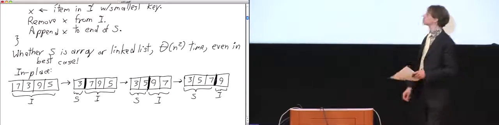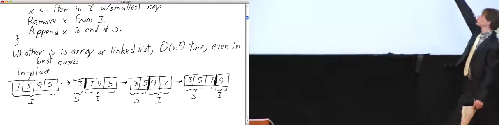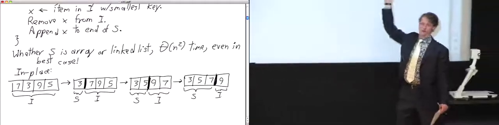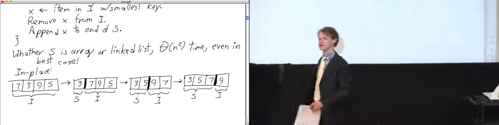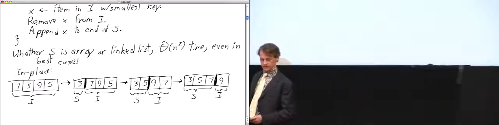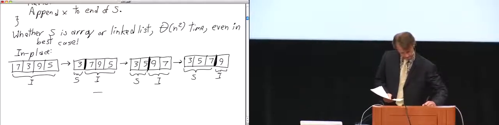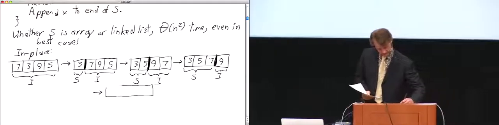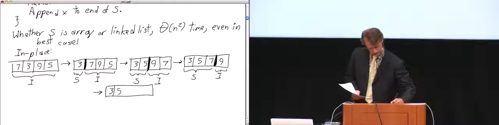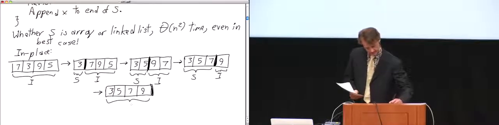And with selection sort, when you get to the point where you've sorted all the items but one, you've really sorted all the items. You can skip the last iteration of the loop, because all you're ever going to do is swap the 9 with itself. So this is essentially an imaginary step where I don't actually have to do anything. I just have to imagine that now the whole array is S and I is gone.